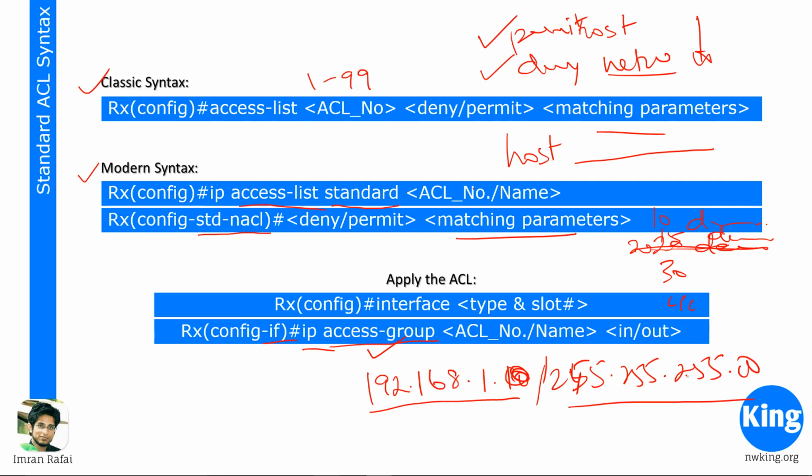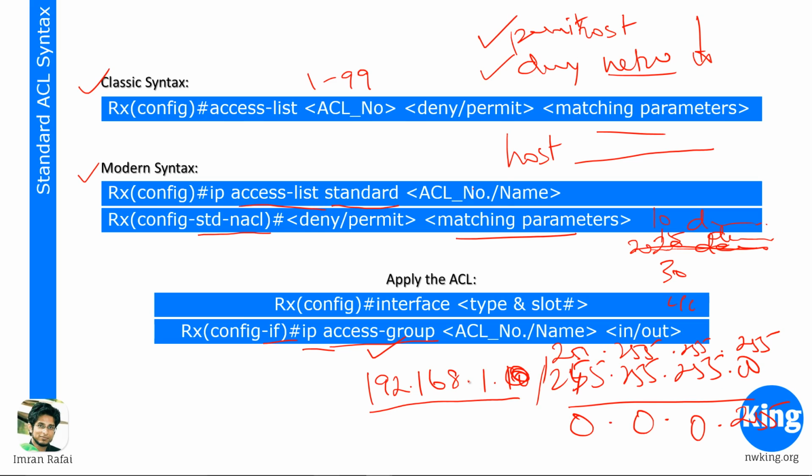So how do I get the wildcard mask for a specific subnet? You take 255.255.255.255, all 255s, and from that subtract your subnet mask. So 255.255.255.255 minus 255.255.255.0: this is 0, this is 0, this is 0, and this is 255. So the wildcard mask that you're going to apply in the access list, in the matching parameters, you're going to put deny 192.168.1.0